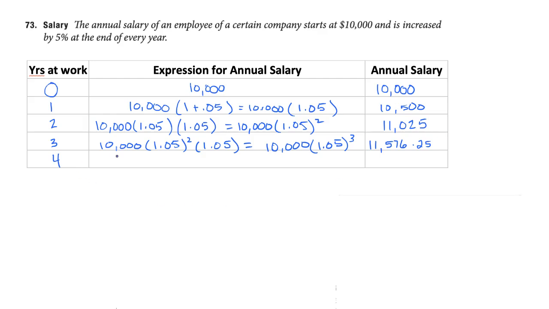Okay, so the next year, we're going to get the same thing. This is the last one I'm going to do. The expression would be the previous year times 1.05, the salary from that year, which is 11,576 and 25 cents. And then it's going to go up another 5%. Okay, so the last one I'm showing you is going to be 10,000 times 1.05 to the fourth. So that gives us 12,155